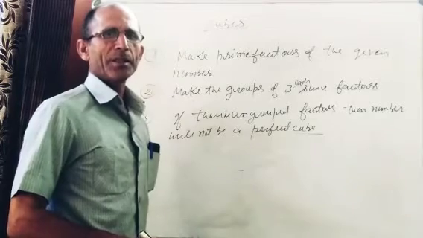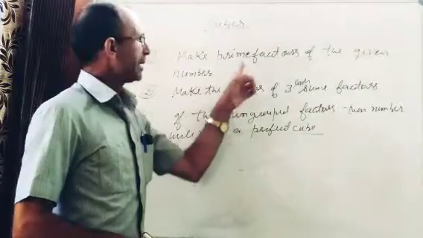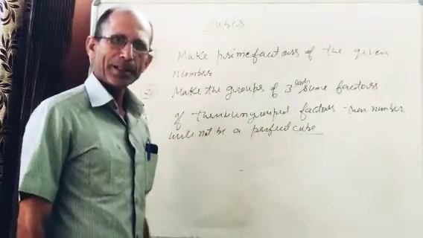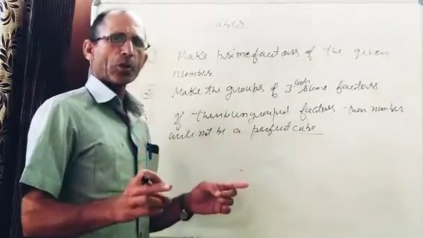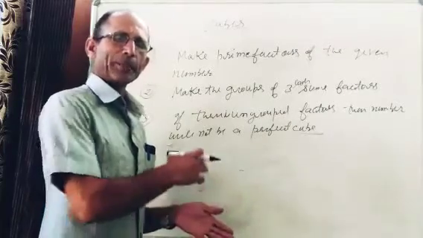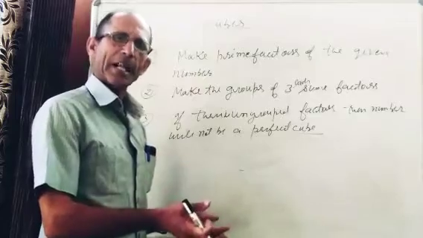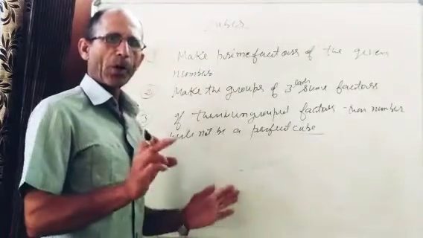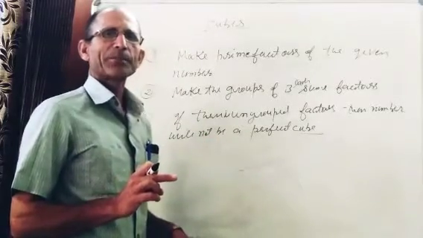Have you understood? Once again, I am repeating these steps. First of all, make prime factors of the given number. Then make groups. In each group, you have to keep 3 same factors. If any factor is left, it means the given number is not a perfect cube. If all the factors make groups, then the given number is a perfect cube.